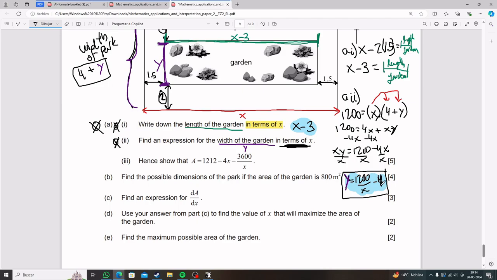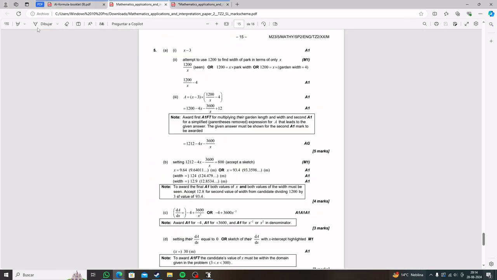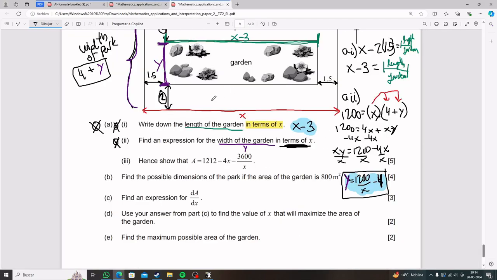Okay, no one should get confused. This is a 4. Okay, and if we check the answer key real quick, there it is. So y equals 1,200 divided by x minus 4. See? All right, and last but not least, for part A triple I, they tell us hence, this is